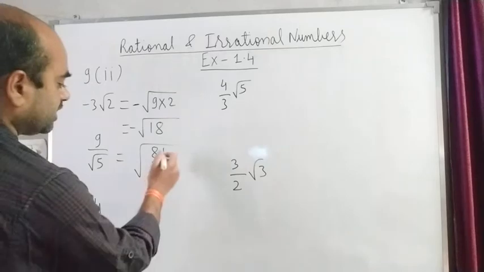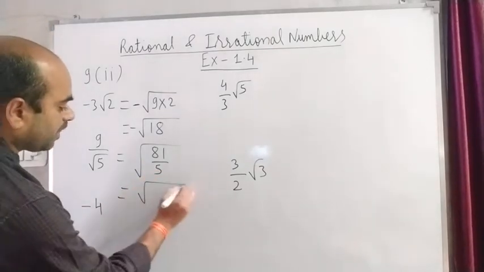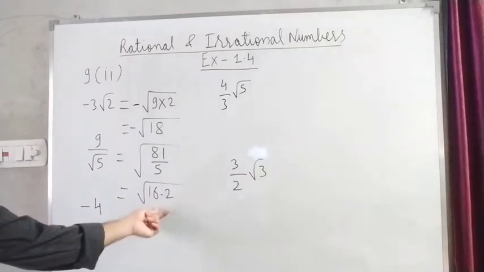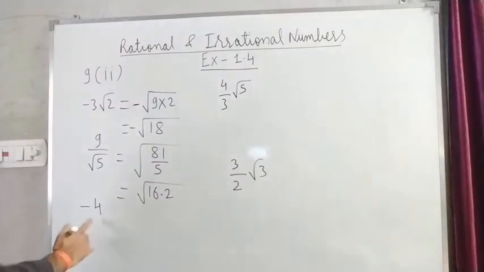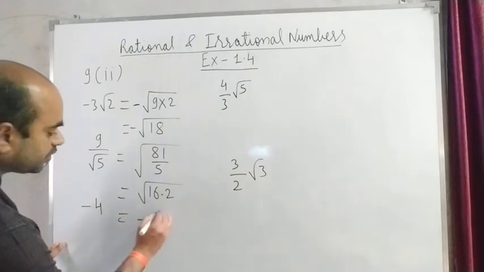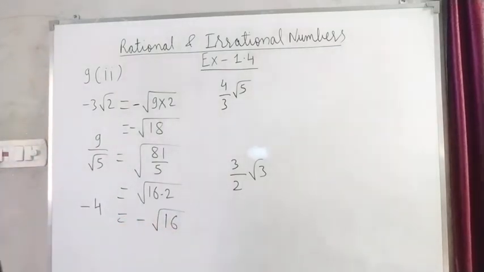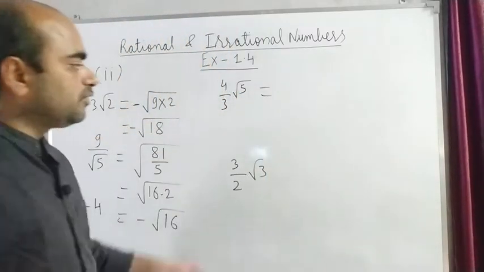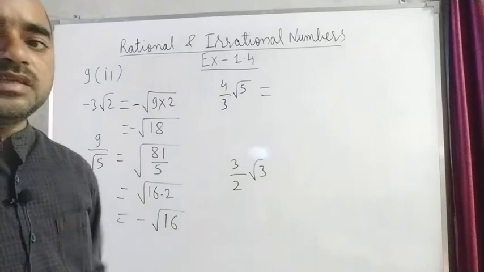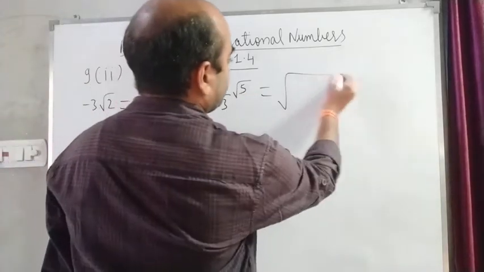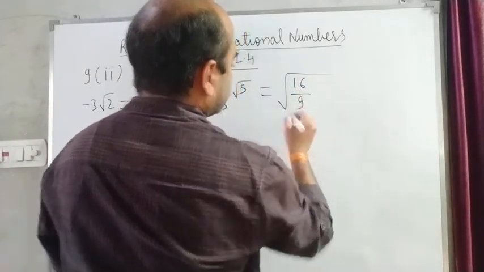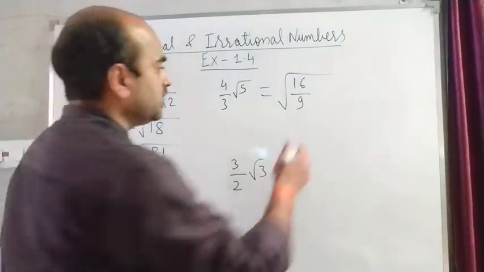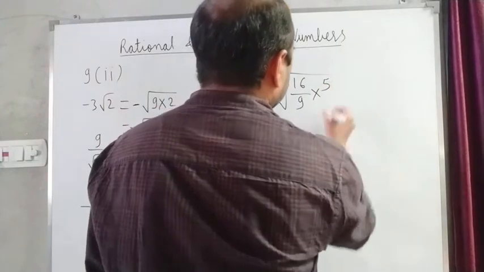Finally this can be written as, in the square root, 16.2. Correct? In the square root 16.2. Minus 4 can be written as minus root 16. Clear? Minus root 16. Next, if we have to put 4 by 3 inside the root, then we can write 16 upon 9 square. That is why if you take it outside, that will become 4 upon 3 into 5. So finally this is